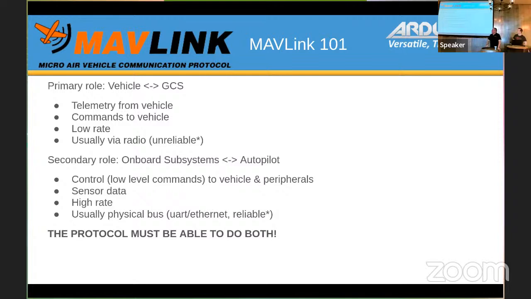At the moment, though, because we're trying to do both, the protocol and any changes to it have to be able to handle both. That really comes down to implementers understanding the differences between those two use cases and not trying to do things that really shouldn't be attempted with MAVLink. If we want to be pushing out high rate data, then you probably don't want to be doing that over a radio link if you can avoid it.